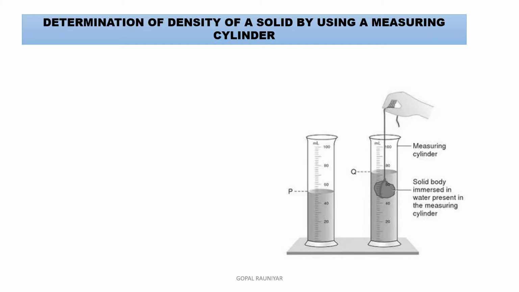This is a measuring cylinder, or we can say graduated cylinder. Here there are markings 20 ml, 40 ml, 60 ml, 80 ml and 100 ml, meaning this is a 100 ml graduated cylinder. We have determined the mass with the help of a physical balance. Now we have to find the volume of this solid. So what will you do? First we tie the solid with a fine thread and lower it gently into the measuring cylinder. After lowering it, the liquid level will rise, and we record the level. First we recorded the volume as 50 ml,